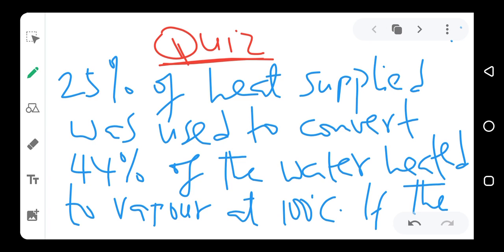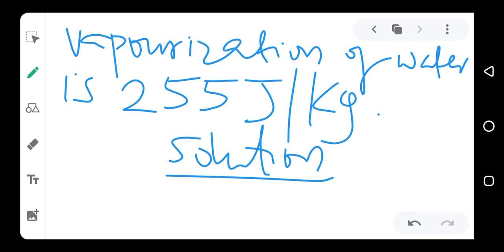So we are going to look for that quantity of heat, and for us to get that quantity of heat, we are going to use the exact amount of water that was converted, not the total amount of water given to us, but only the one that was converted. Now, how do we get the amount of water converted? The amount of water converted, let's call it ml, that is the mass of water used during the latent phase.